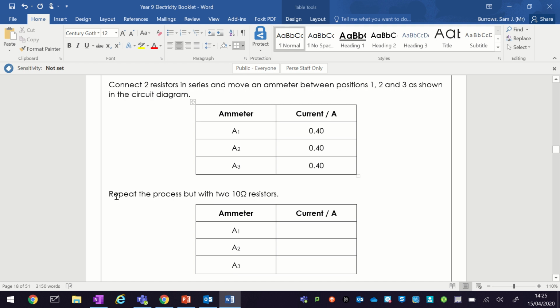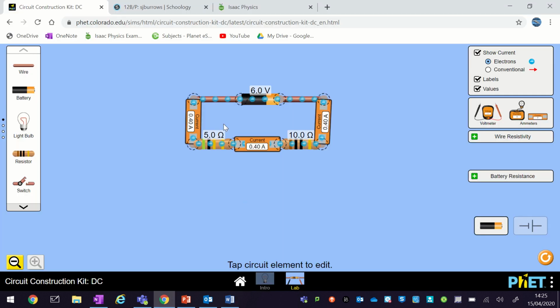Okay, so now it wants us to repeat that process, but with 2 10 ohm resistors. So essentially we need to change this one to make it 10 ohms, back where it was to start with. Ooh, a bit too far. Is there a way of typing it? No, let's do. There we go. Okay, so we now have 2 10 ohms, and what you'll notice is these 3 are still all the same,